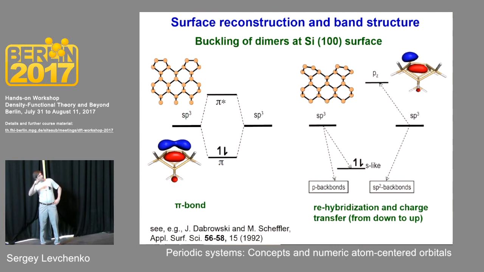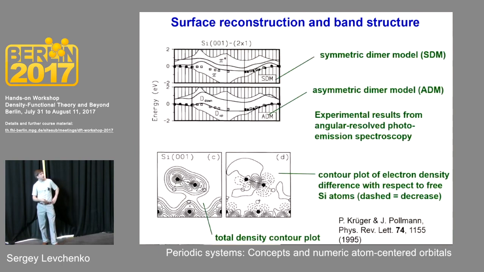And then if you have a broken symmetry dimer, then the upper atom becomes more s-like orbital, which is filled, and there is a partial charge transfer from the down atom to that atom. So the symmetry is broken, and if we calculate the surface electronic structure, the surface band structure, then we get two cases, the symmetric dimer and the asymmetric dimer